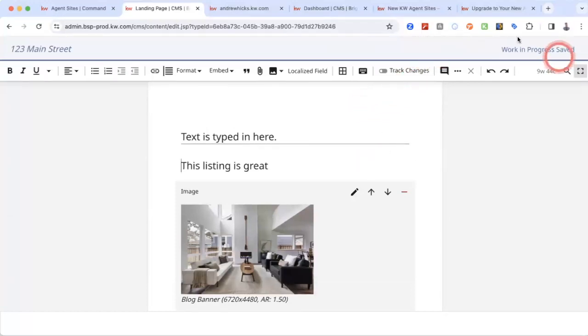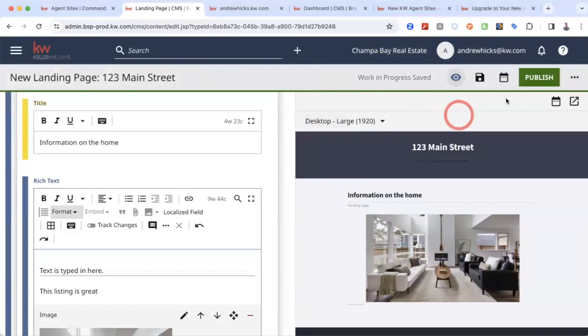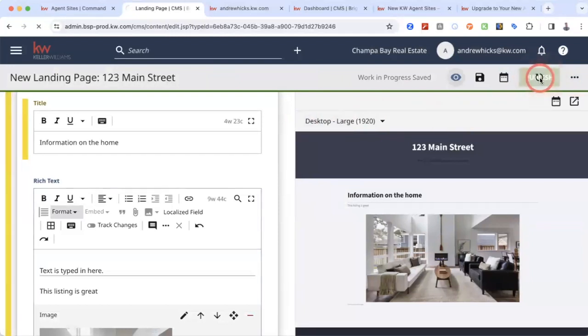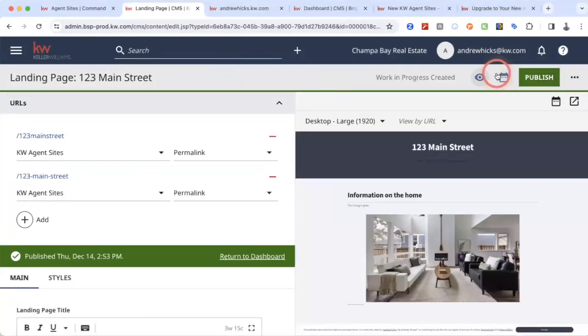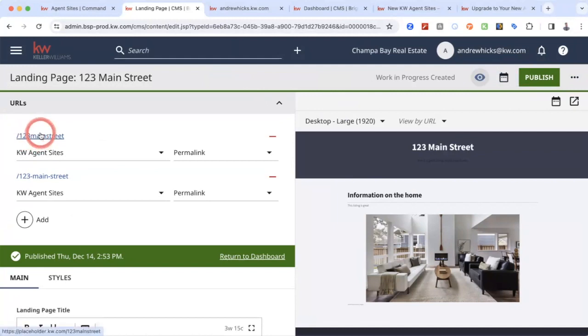So I'm going to go ahead and get out of this full screen area, and I can click on that little toggle full screen editing button, and I can publish this page now, or I can schedule it to be published at a specific date by clicking on that calendar. So you can see I've got andrewhicks.kw.com/123 Main Street. If we go to that website,